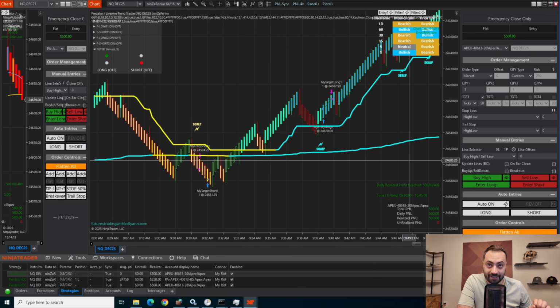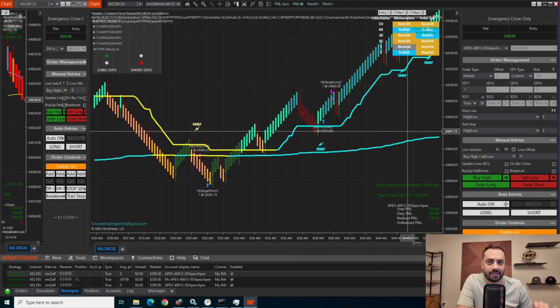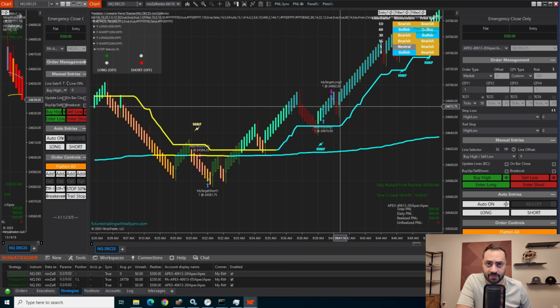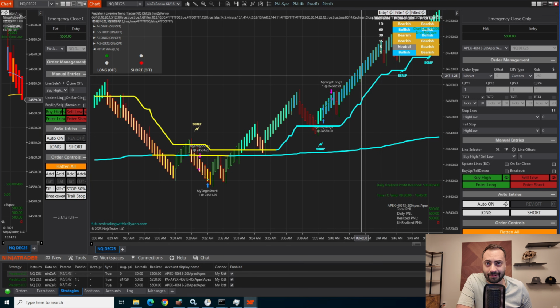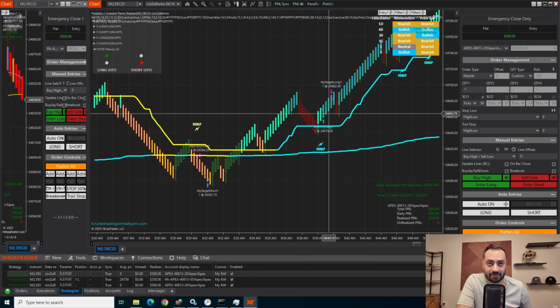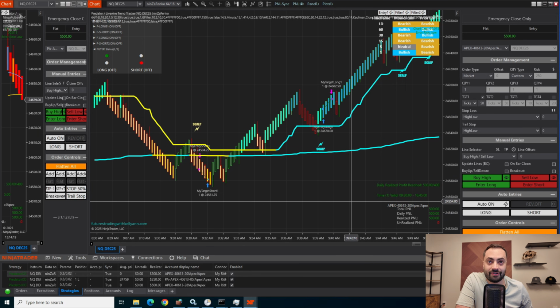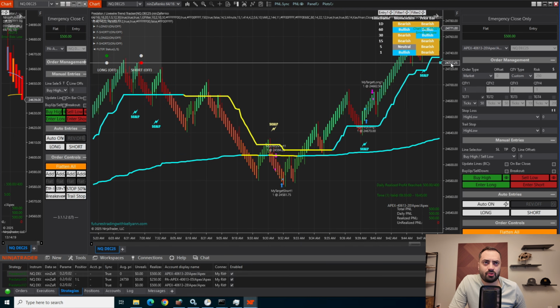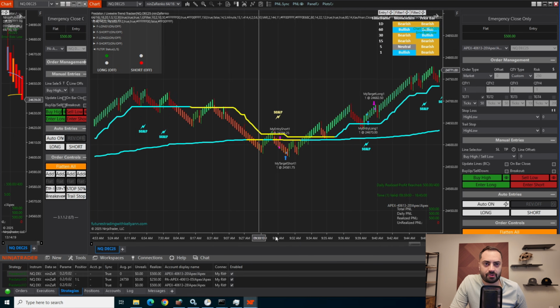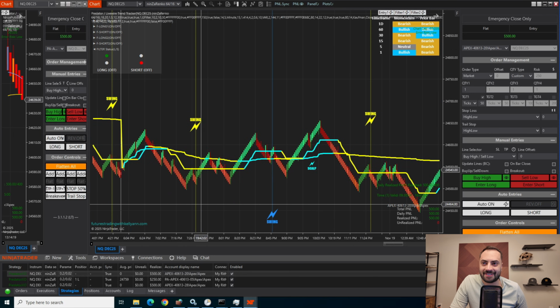I don't typically like negative risk to reward, but I do find the win rate was a little bit higher on this one. So it is something I am willing to test out for now anyways, at least on the eval. We'll see if that passes or if it fails, and then we'll carry that over. But just to quickly go through some of the previous days before this video gets too long,